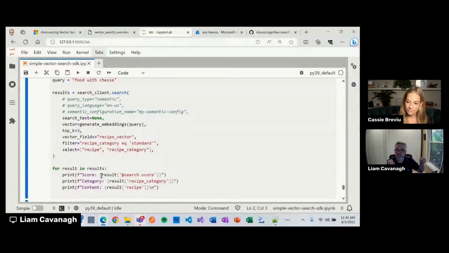Text is really good at recall. If we use both, that combines and allows us to bump the relevancy generally, and this is what the industry generally says, a lot better. But on top of that, we have another ranking layer called semantic search, which is a family of models that come from Bing that add an extra layer of ranking.